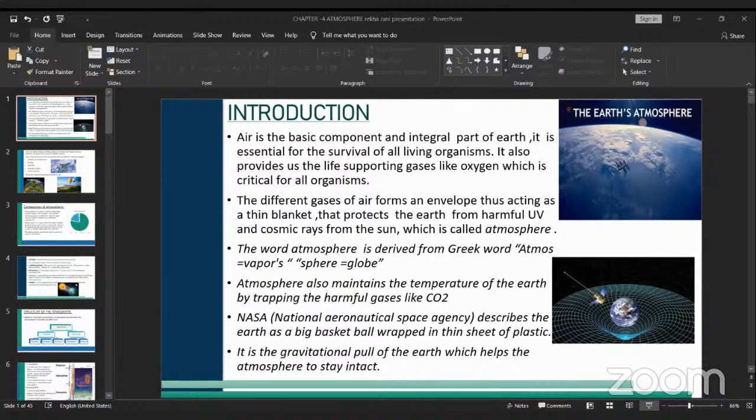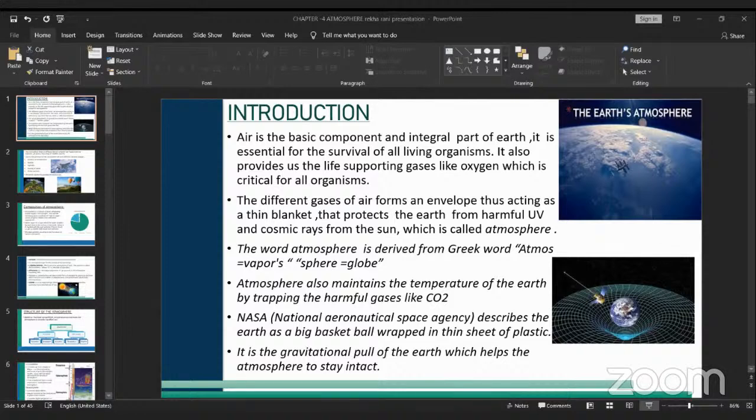These winds also blow from one latitude to another. See here, the winds blow from the tropical regions towards the equator, from the equator to the tropical regions, and from the polar regions to the temperate regions. In the southern hemisphere also, the same thing happens. So the winds blow from one latitude to another due to the difference in air pressure, mainly because of the insolation we receive from the sun. So these are known as the planetary winds.